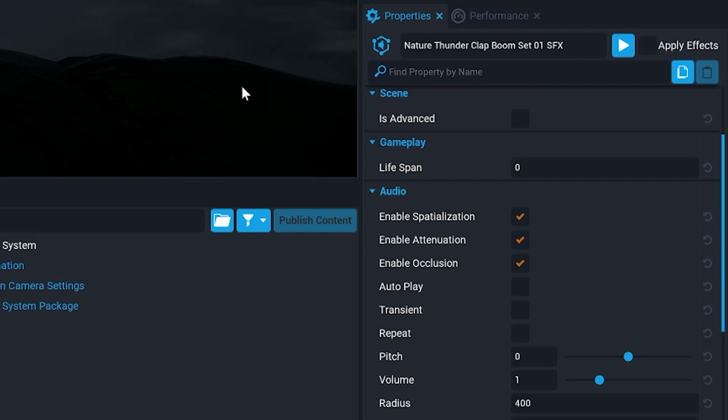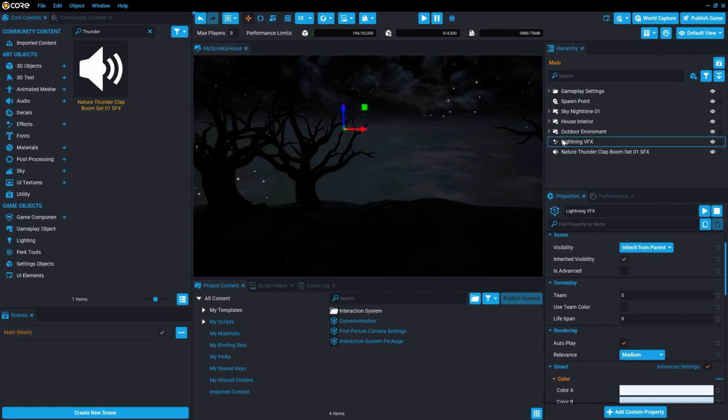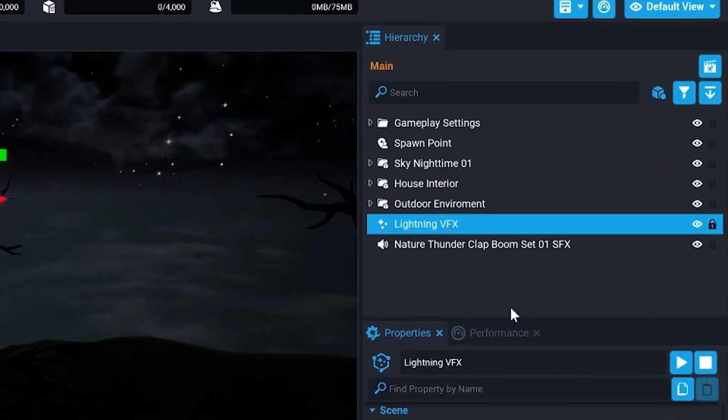The important thing is to keep spatialization, attenuation, and occlusion enabled, because they will make the thunder sound like it is coming from a space in the world, and to get muffled by things that block it, like the walls. To put it in exactly the same place as the lightning, we'll select the lightning VFX, and in the